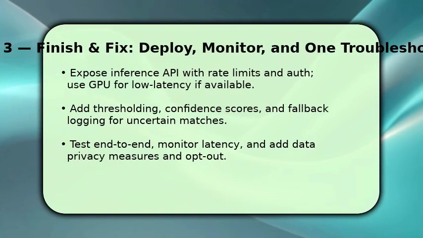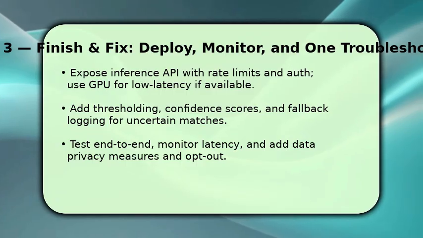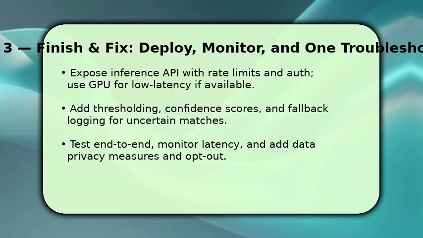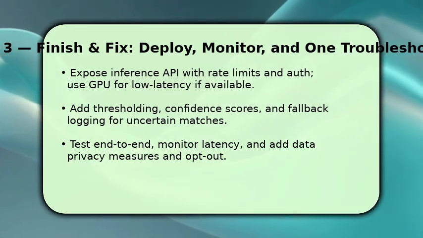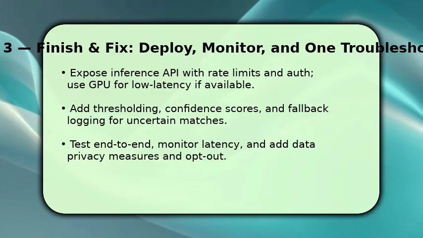You finish by deploying and hardening the app. Package the model and expose a secured inference API, applying rate limits and authentication so the service is resilient. Use a GPU for sub-100 ms latency if your use case needs it, and tune matching thresholds to balance false